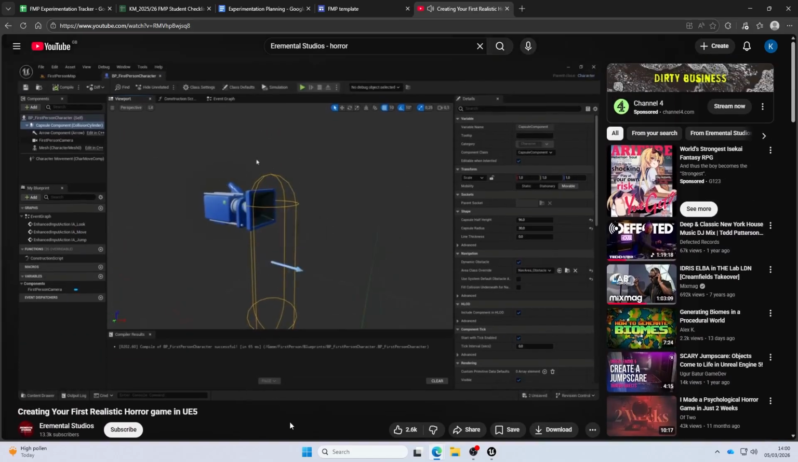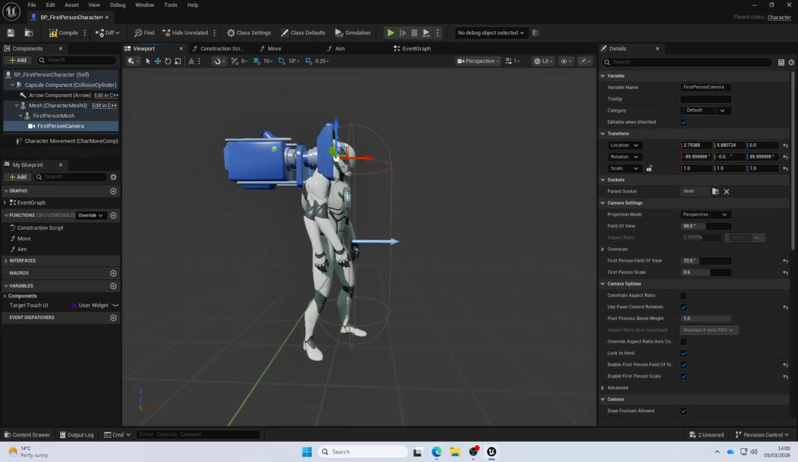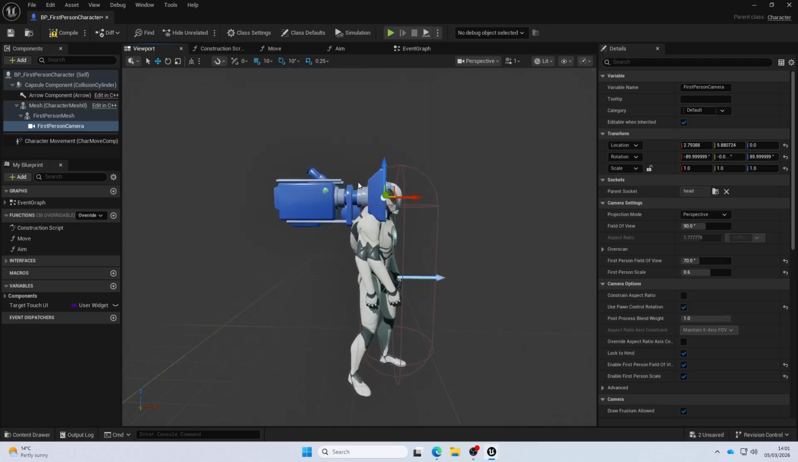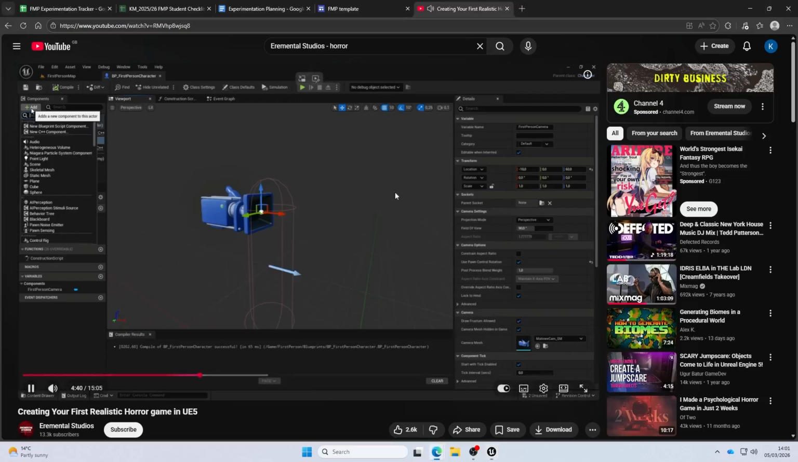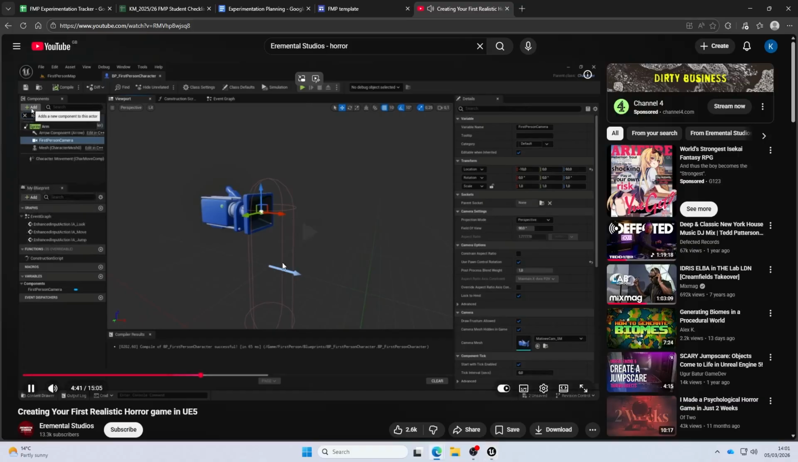And then what we want to do is that we want to add a spring arm to the camera. And why we're doing that is because right now the camera is very sharp when you look around. And if we want to create a realistic horror game, we want the camera to be smoother when we look around. So how we do that is that we will just select the camera, go to add, want to add a spring arm right